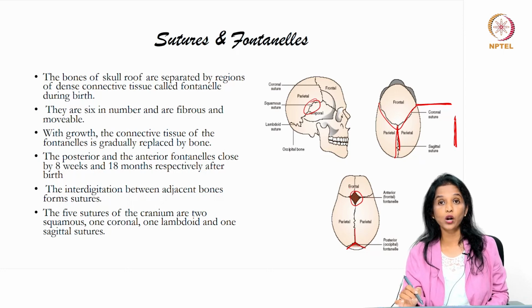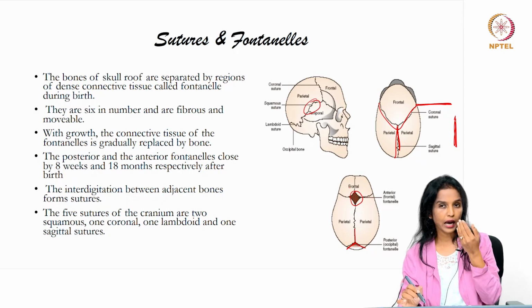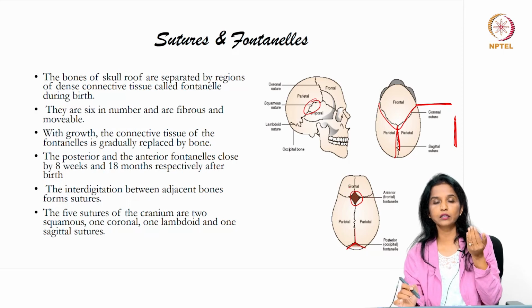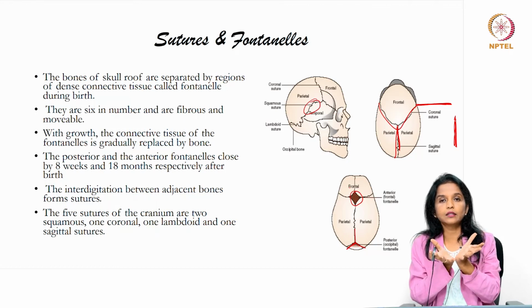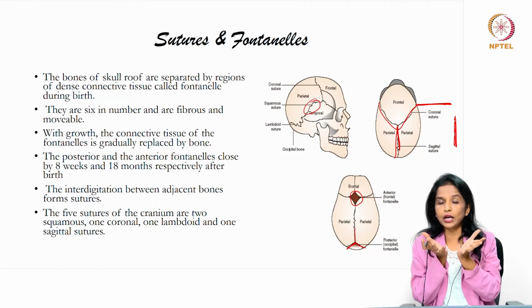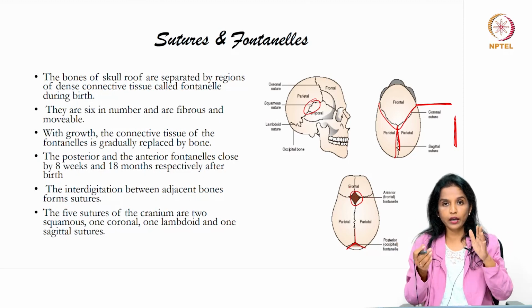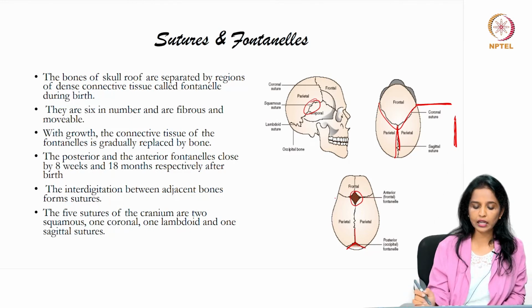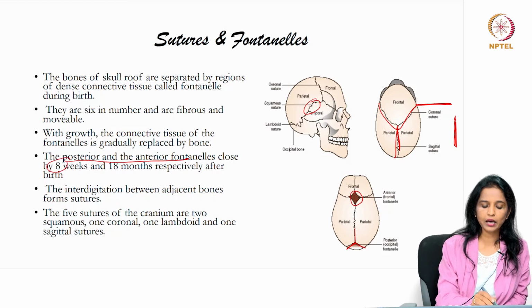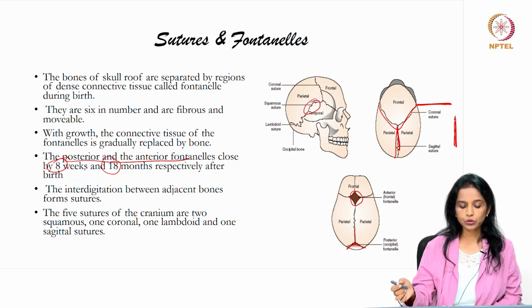areas, and those are called fontanelles. Fontanelles are softened areas in between two bones, and these particular fontanelles are very important to allow the expansion of the bony skull, so that as the brain mass increases as the child ages, the fontanelles allow space for growth. And then as and when required, those fontanelles are closed in a particular sequence. The posterior fontanelle closes by 8 weeks, and then we have 18 months closure for the anterior fontanelle. So, these are very important.